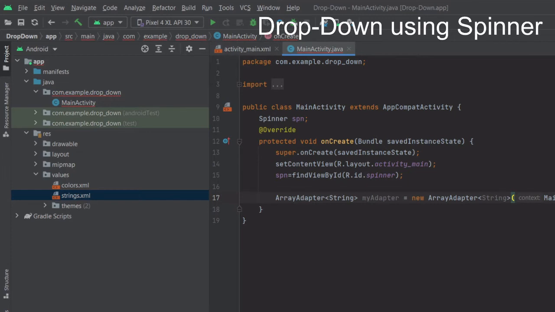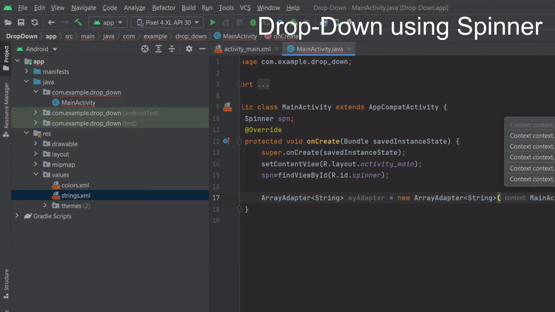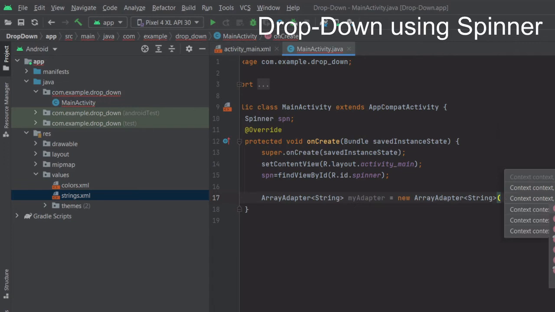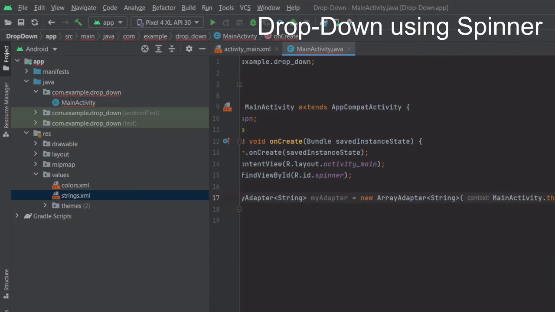Dot simple_list_item_1, comma. Now we need to get the string value. That is getResources, close, and then